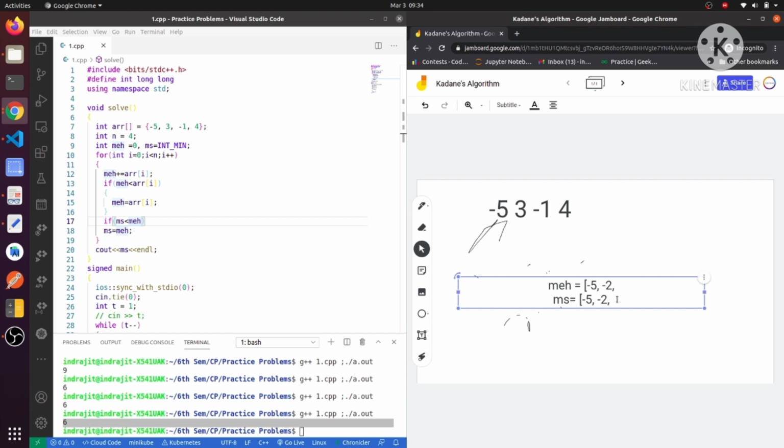Then on the next iteration it will be -2 minus 1. I have made a mistake here: -5 plus 3 is -2 definitely, but -2 is definitely less than 3, no? So meh will be equal to the array element, which is 3. Again ms will be 3, because -5 is less than 3.